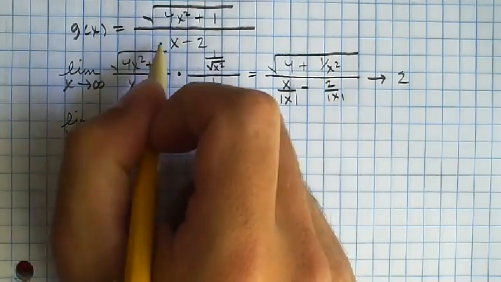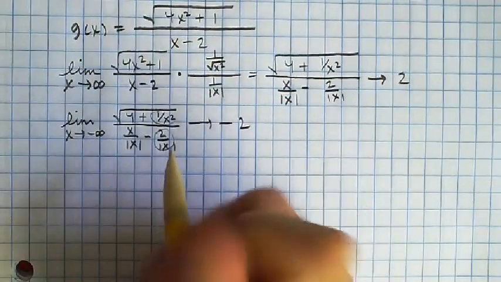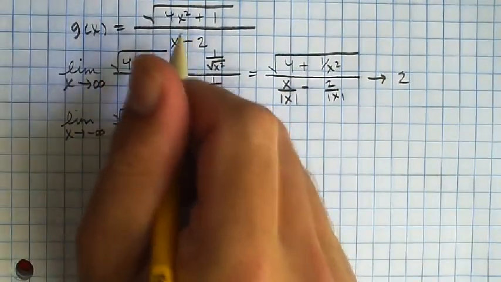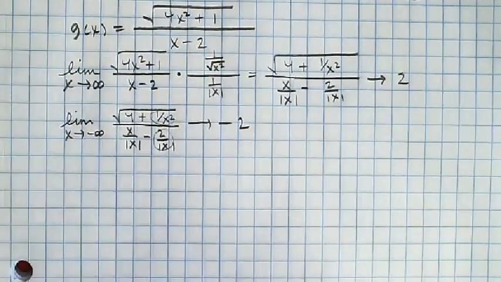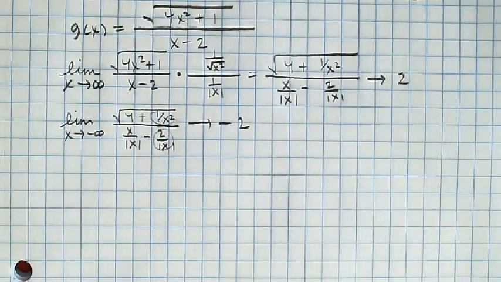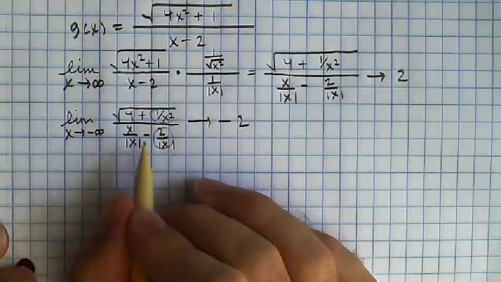Positive enough, going towards positive infinity, very positive and bigger than 2. And if it's negative, well, then this will certainly be negative, and the denominator will be negative. So we've got positive divided by negative, so this has to be a negative number. It can't be positive. So I think that's what I have to say about that. And then more generally, we do need to be very aware of this